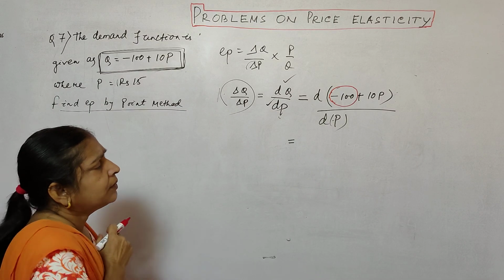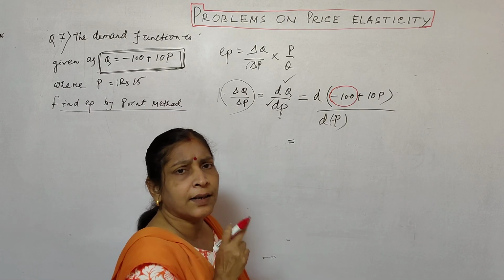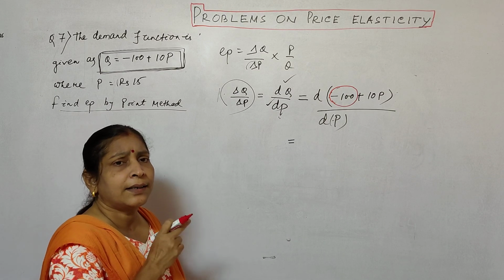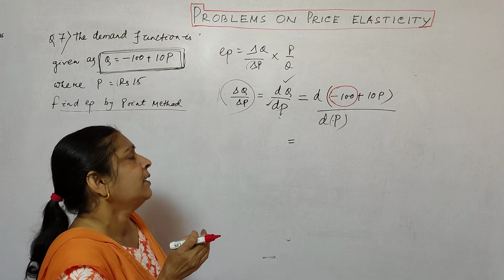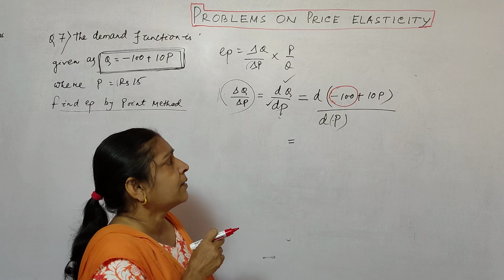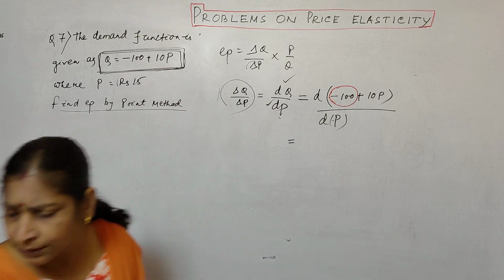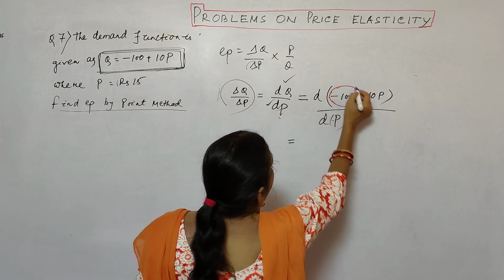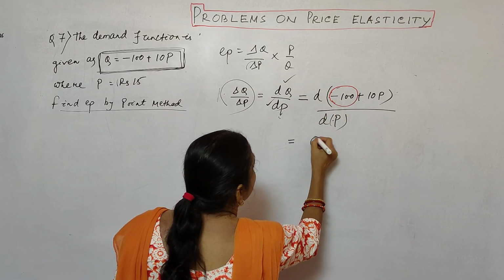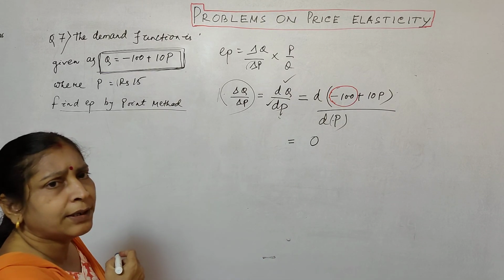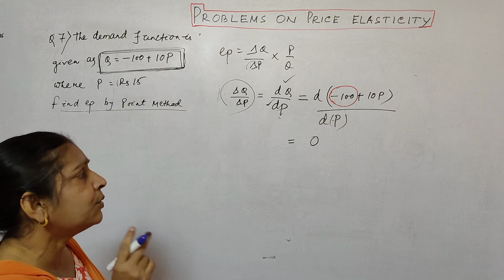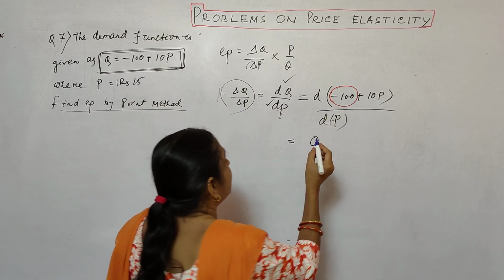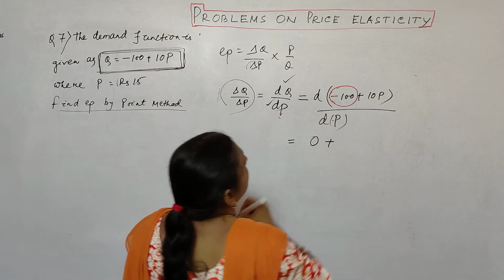So, you know that this is a number. 100 is a number, whether it is positive or negative. 100 means 100. 100 का कोई change नहीं होता है. So, this is a constant. Constant का derivative होता है आपका 0. So, this portion will be 0, because constant का कोई change नहीं होता है. 0 plus